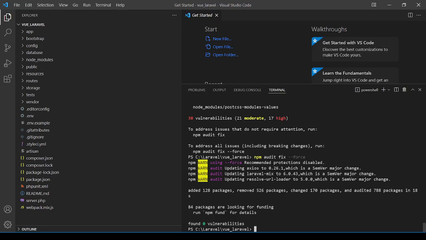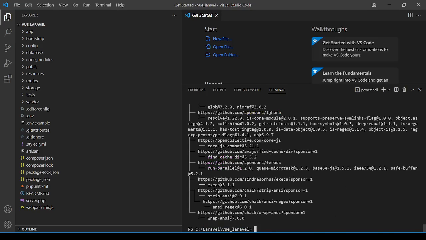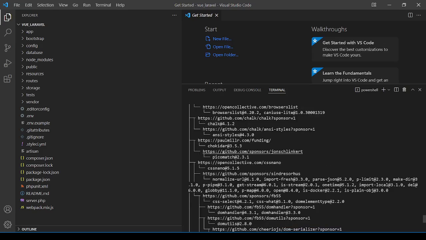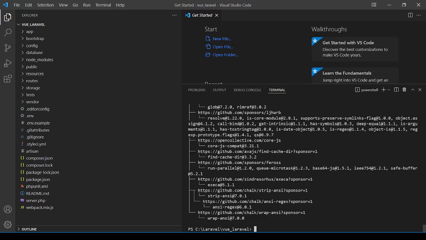Okay, then next you can also run this one, the npm fund. npm fund. Okay na. Then next, okay, done with the npm install. Tapos na yung npm install natin. So next is